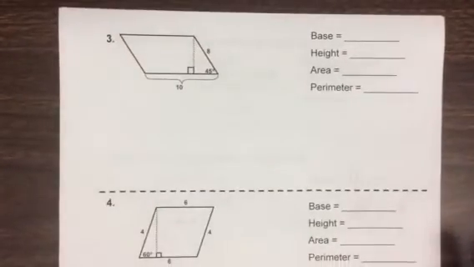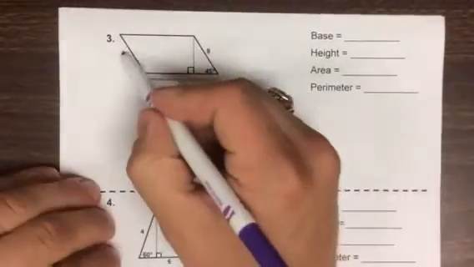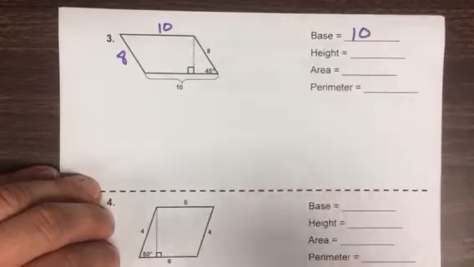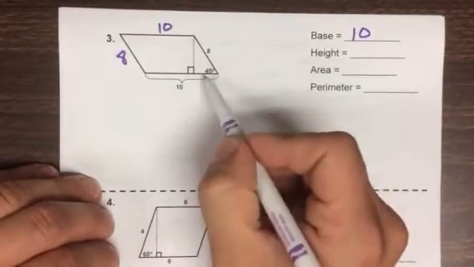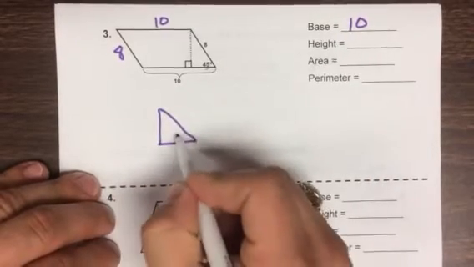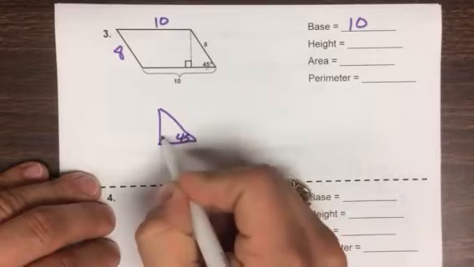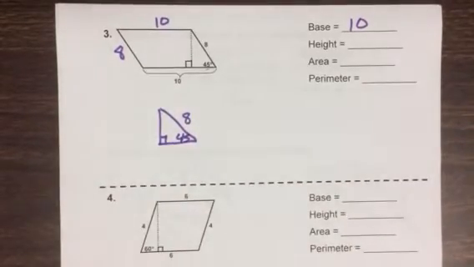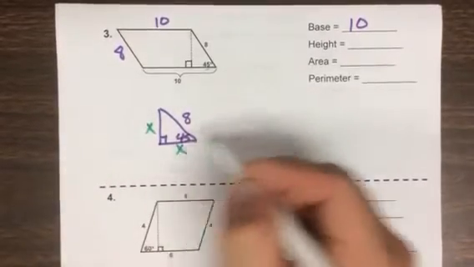Okay, let's add just a little bit to the mix here. Looking at number 3, we've got the base of 10, and we know that the height is not given to us, so we notice we have a triangle. It says the 45, 45, 90, and the hypotenuse is 8, which makes these two sides my isosceles legs, and